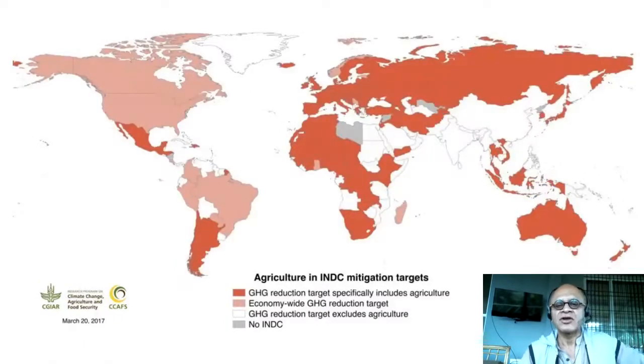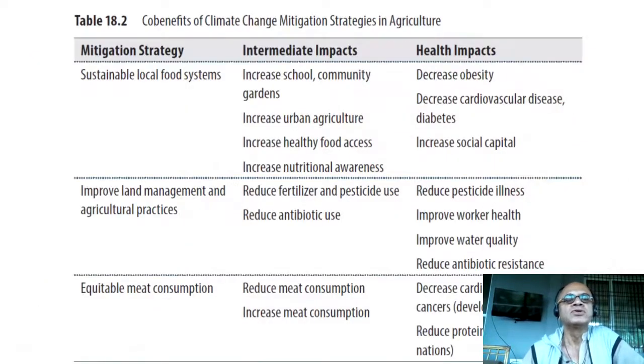There is also the agricultural mitigation component. So many countries in these colors have included greenhouse gas reduction targets, specifically including agriculture, from livestock, rice paddies, and so on. Economy-wide greenhouse gas reduction targets are included in these other colors, and the greenhouse gas reduction target excludes agriculture in countries like China and India, which are of course large emitters, and there are a few that have no INDCs committed. Okay,